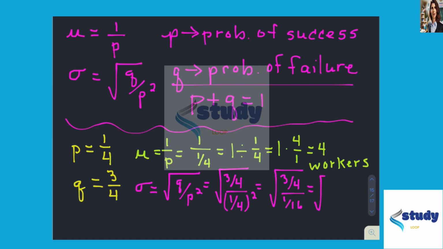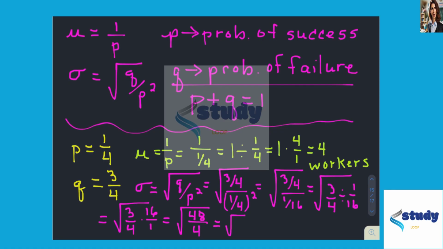which is the same thing as saying the square root of 3/4 divided by 1/16, which is the same thing as saying 3/4 multiplied by 16 over 1 under that radical. And when you multiply straight across, we end up with the square root of 48 over 4, which is the same thing as the square root of 12. And when you pick up your calculator, that's approximately